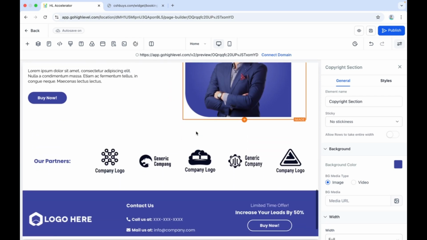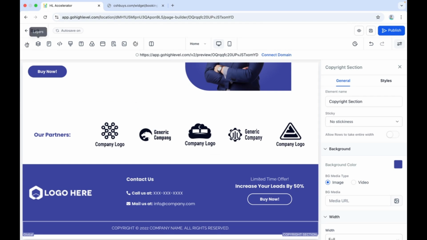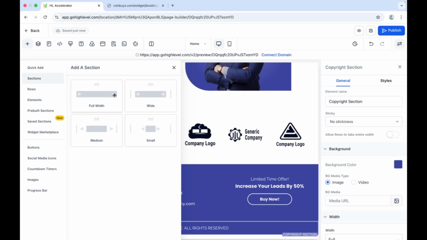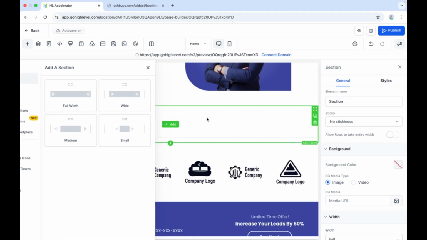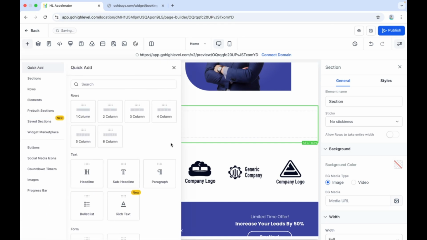So if you can delete a section, you can also add a section. So to add a section, you can just click on this add element and then go to sections, and then you have 4 section options to choose from. So in this example, we'll be choosing full width. So you'll see that I was able to add a section already. Alternatively, you can also add a section by just clicking on this plus icon, and that would just give you